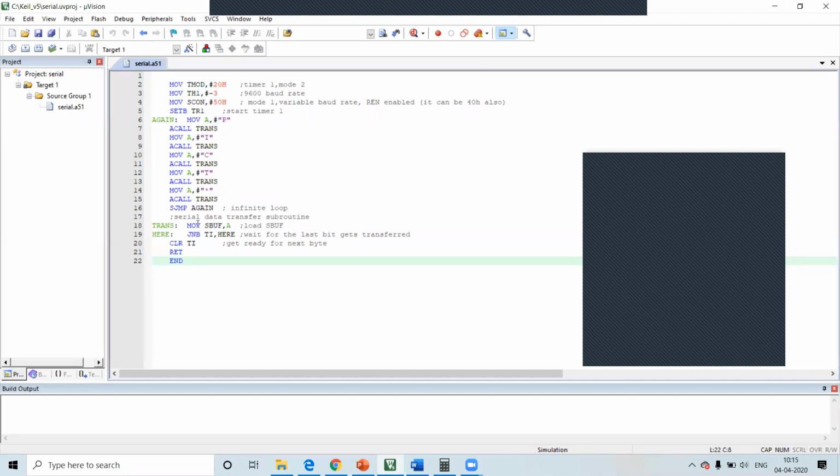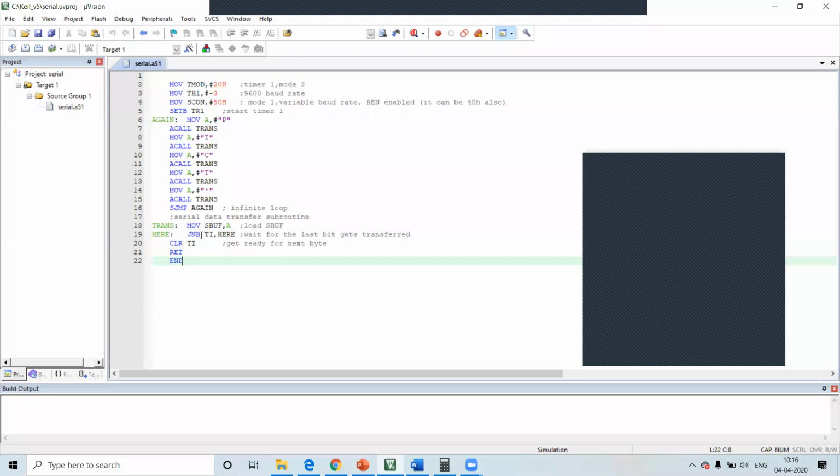Now, in the trans function, the value in the accumulator is copied to SBUF, that is serial buffer register. Then once it is done, your data will be transferred to the serial port.